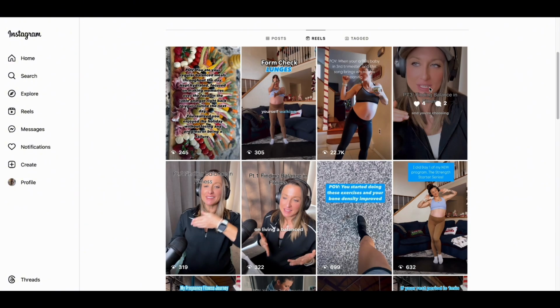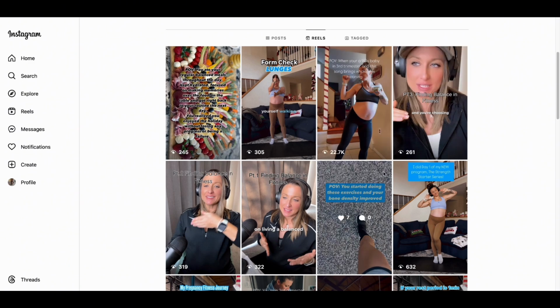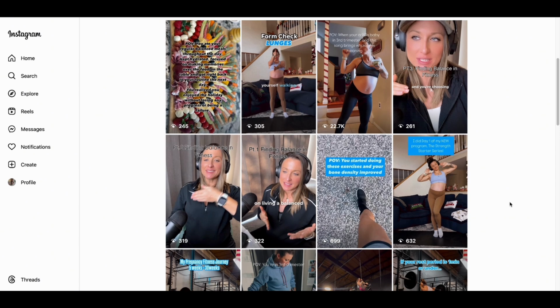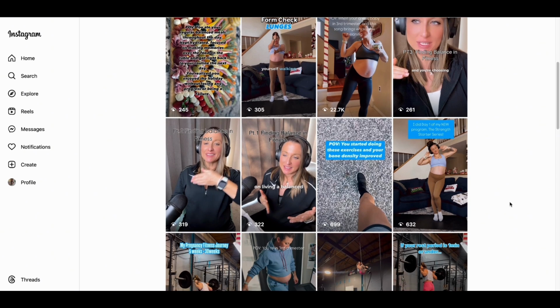Because as I can see, your content has a potential to grow because you are receiving 22,000 views in one content, but other content is not performing so well. That's why we can create engaging content to make other content perform just like the other content that reached 22,000. So that's how we present the auditing to our client.